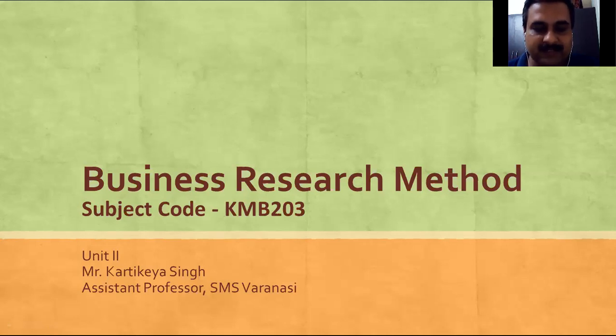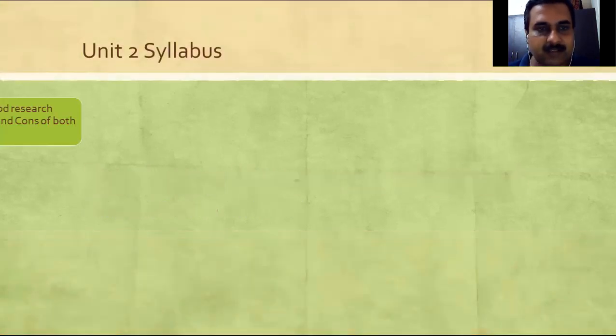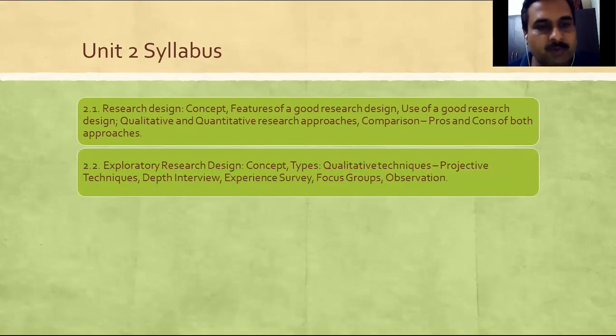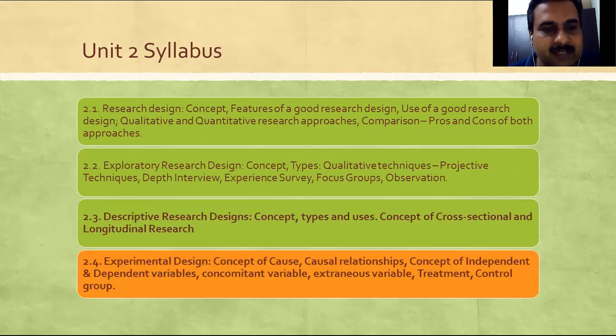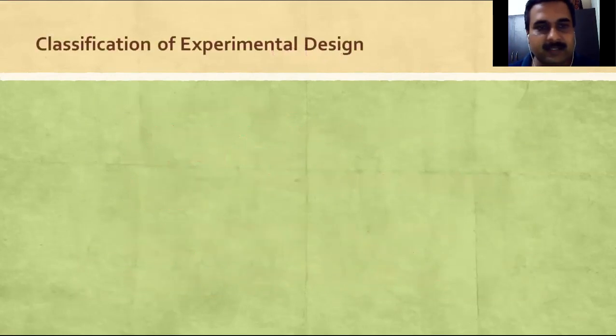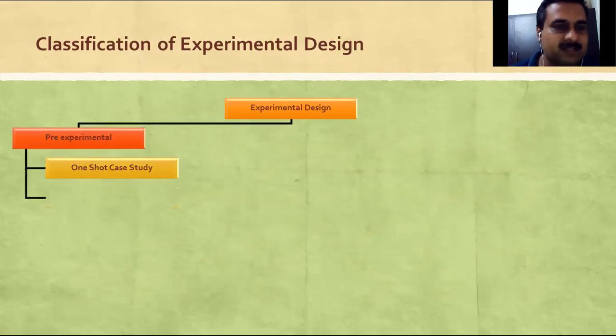We are covering research design, this business research method subject. And as you all know, we are covering this AKTU syllabus, and we have already covered three parts of it, like basic research design, concept of exploratory research design, then descriptive research design, and we are into this experimental research. That is the fourth part of research design of second unit. So we have already almost covered this, and we are into the types of experimental research design. In this experimental research design, we are covering the first part, that is pre-experimental research design, in this lecture video.